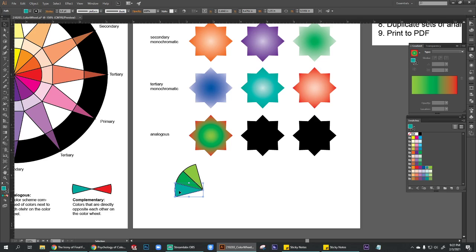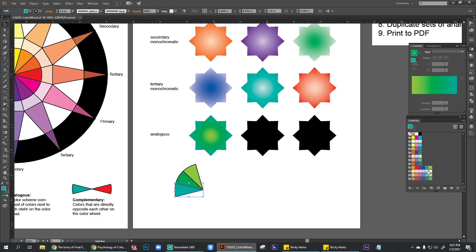I'm going to click on the pie. It shows me where that is right here. I'm going to keep my eyes there with my peripheral vision. I'm going to click on the star and click and drag right over there. So there I have an analogous gradient right over here. And from there, I could kind of play around with